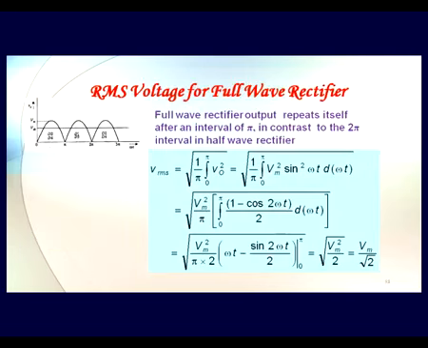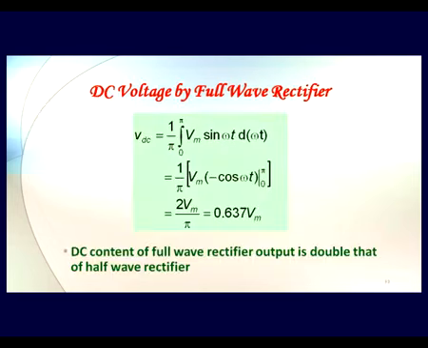The RMS voltage in this case will be calculated, since we are going to have a repeated waveform every pi: 0 to pi, and then pi to 2 pi we are also having the same kind of signal. So we do the integration from 0 to pi, and if we go on doing this simple mathematics, 1 upon pi integral 0 to pi Vo square, and do the substitutions, then we arrive at Vrms equal to Vm upon root 2. Same way, the DC voltage you can also calculate quite easily by integrating over only 0 to pi, and it comes out to be twice Vm by pi, that is 0.637 Vm, which is exactly double that of the half wave rectifier.